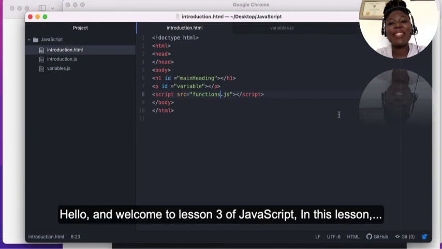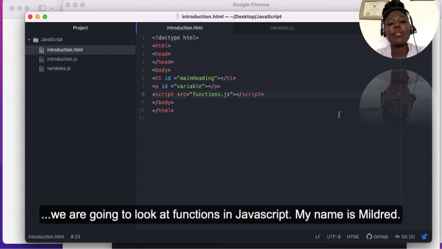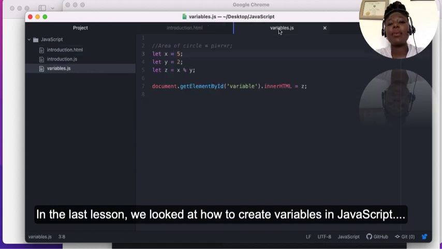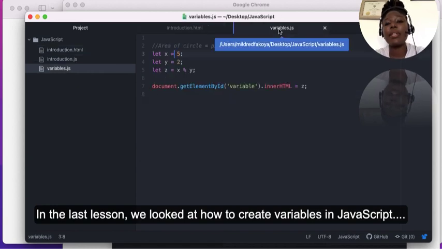And welcome to lesson 3 of JavaScript. In this lesson, we are going to look at functions in JavaScript. My name is Mildred. In the last lesson, we looked at how to create variables in JavaScript, and we said